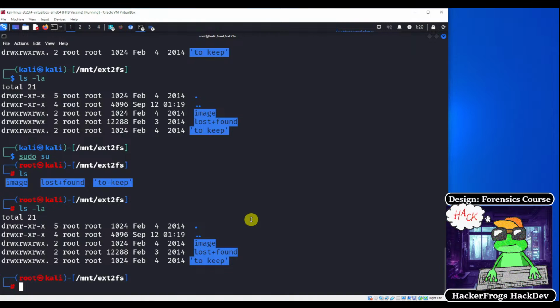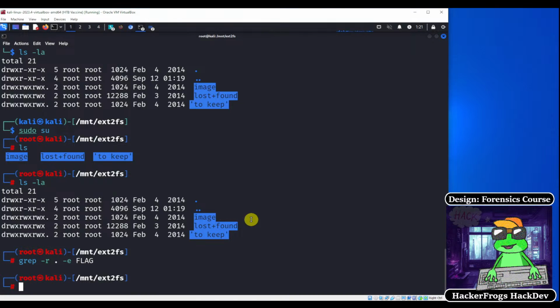And let's move into. I guess we could just grep for the pattern flag. Let's move into, so this directory right here has a bunch of files. This directory has fewer files, but this directory name seems kind of suspicious. So we can move into